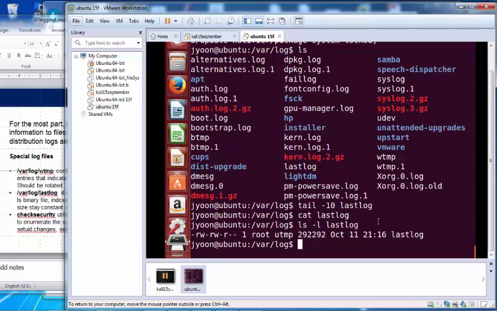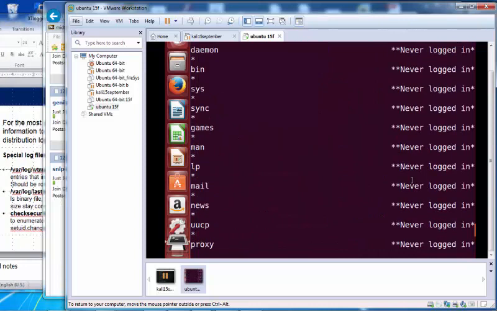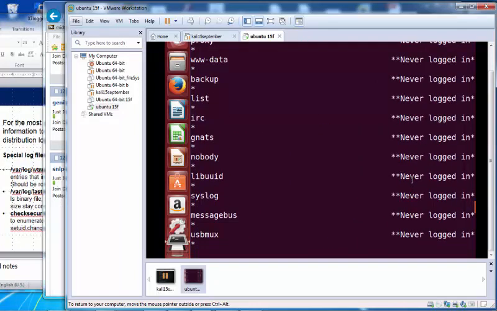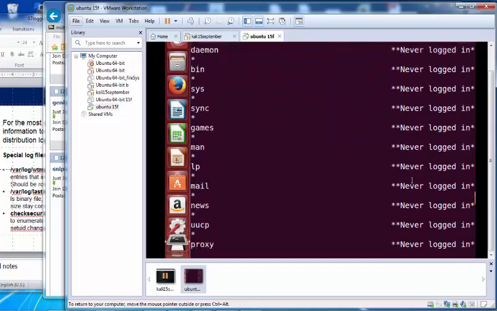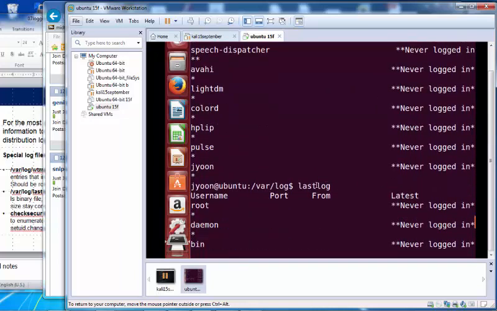How can I read the lastlog? File lastlog. So for example, Jae-yoon never logged in. Jae-yoon Ubuntu var log lastlog.